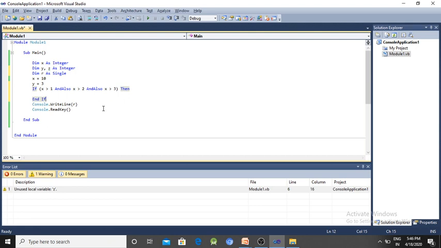In this expression, if x greater than y is false, then x greater than 2 and also x greater than z, the other conditions are not checked and are skipped. If one condition is false, the entire result will be false. Similarly, AndAlso and OrElse are used.